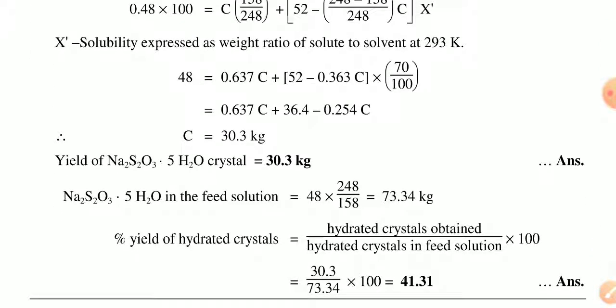So 48 is equal to 0.637 C plus (52 minus 0.363 C) multiplied by 70 by 100, which is 0.637 C plus 36.4